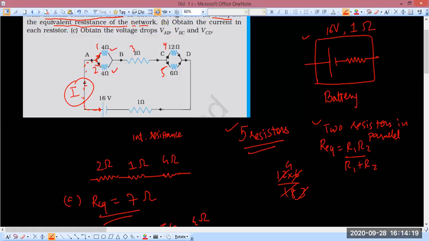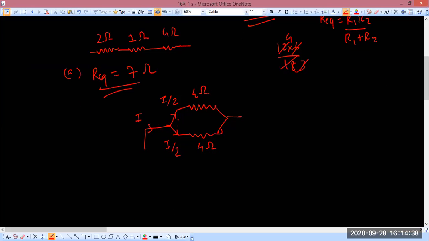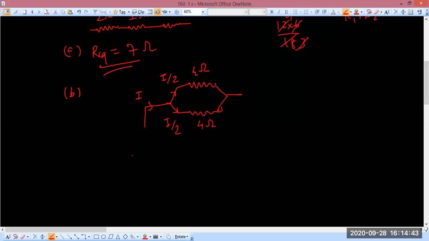First of all, is that okay? The question is not to find I. The question is to find the current here, here, here, and here and here. So I hope it is absolutely clear what we have to find. Like I said, first we can find this I, and then we can find I by 2 and I by 2. That's not a big deal. So to find I, you could just write the current through the battery. I is equal to, clearly,